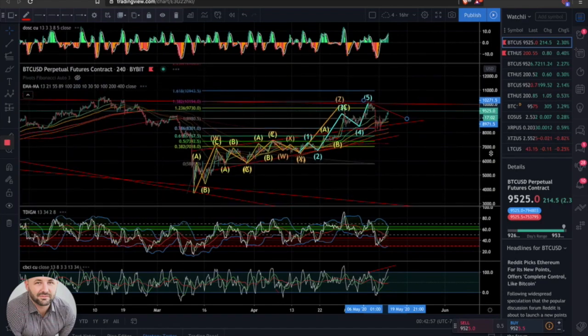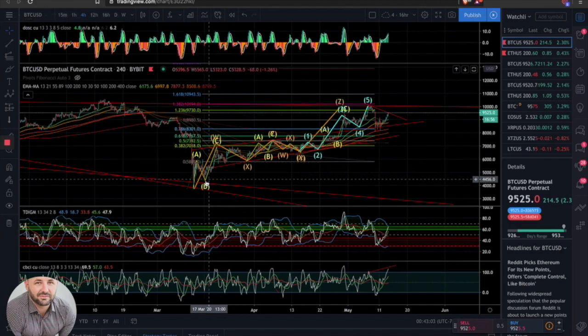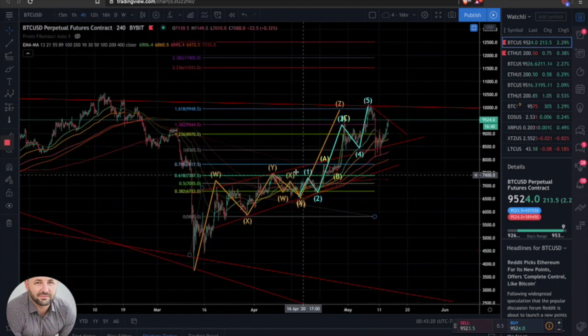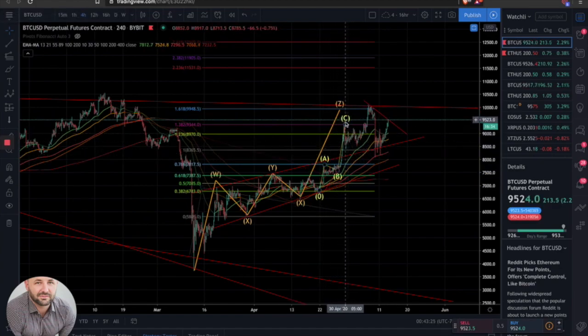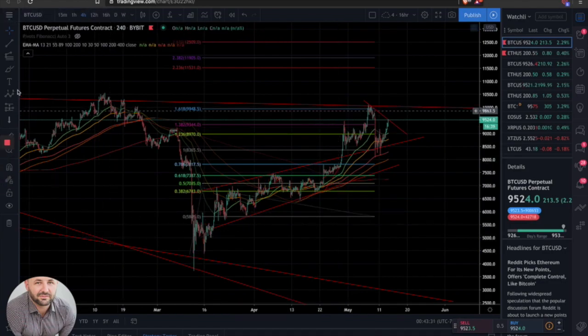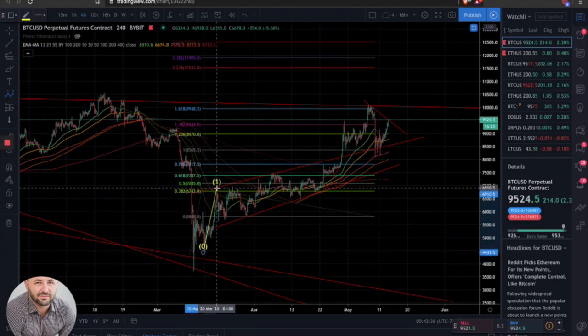Now, if this is going to end up being bullish and not a corrective measurement here, what we would do is pull our fib here, at which point this would end up being the end of a wave 3. Clean up some of this for you guys here. Just get rid of all that together. All right, so if we are looking more on the bullish side, this would end up being a wave 1,